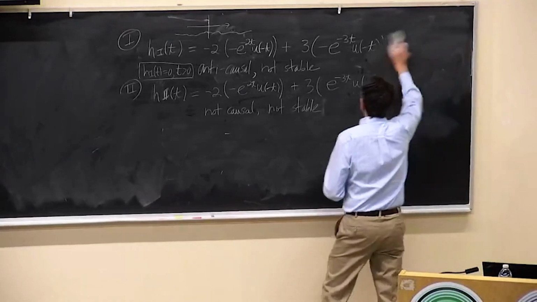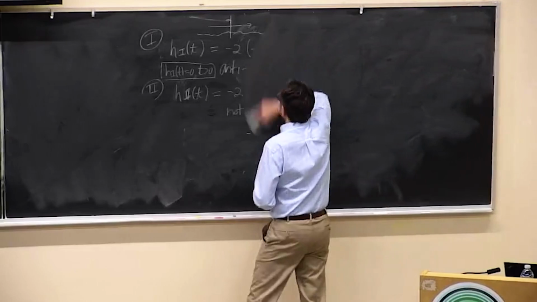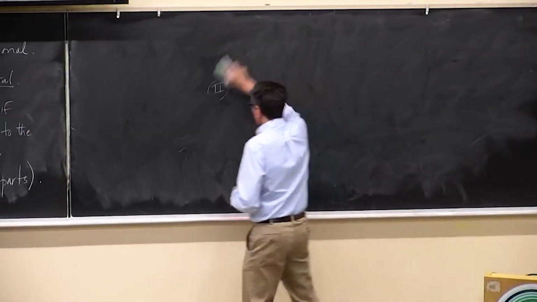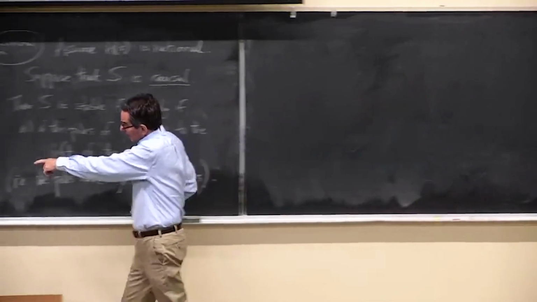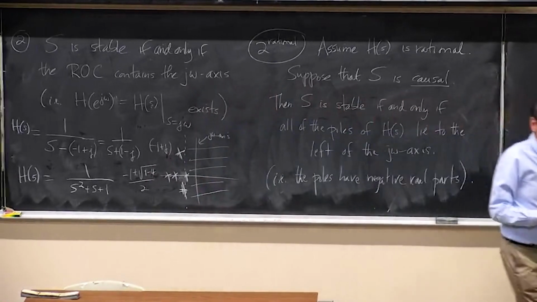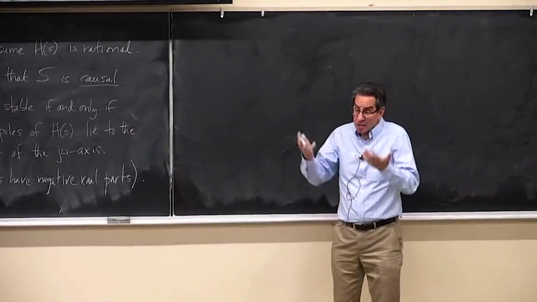If somebody just said that the Laplace transform has poles at, for example, minus a half plus square root of 3 over 2 j and minus a half minus square root of 3 over 2 j, if they just told you that, can you say something about